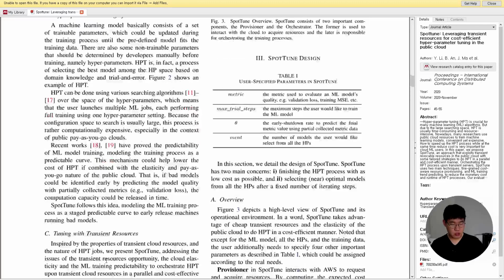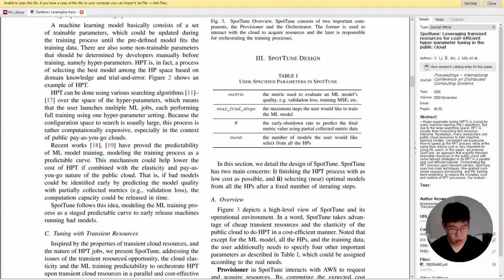to release early the mechanisms running bad models. C. Tuning with transient resources. Inspired by the properties of transient cloud resources and the nature of HPT jobs, we present SpotTune, addressing the issue of the transient resource opportunity, the cloud elasticity, and the machine learning training predictability